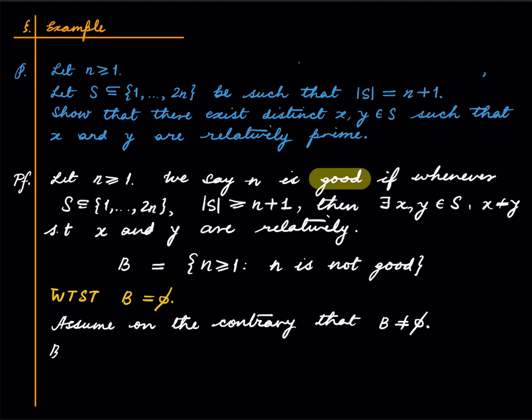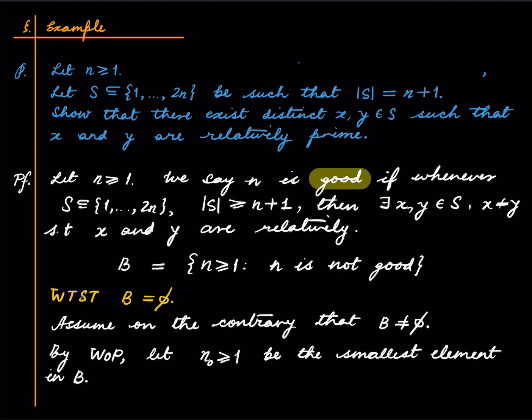So by the well-ordering principle, there is a smallest element in B. Let n naught be the smallest element in B. So just find the smallest bad natural number. Okay. But note that this has to be greater than 1. Why? Because